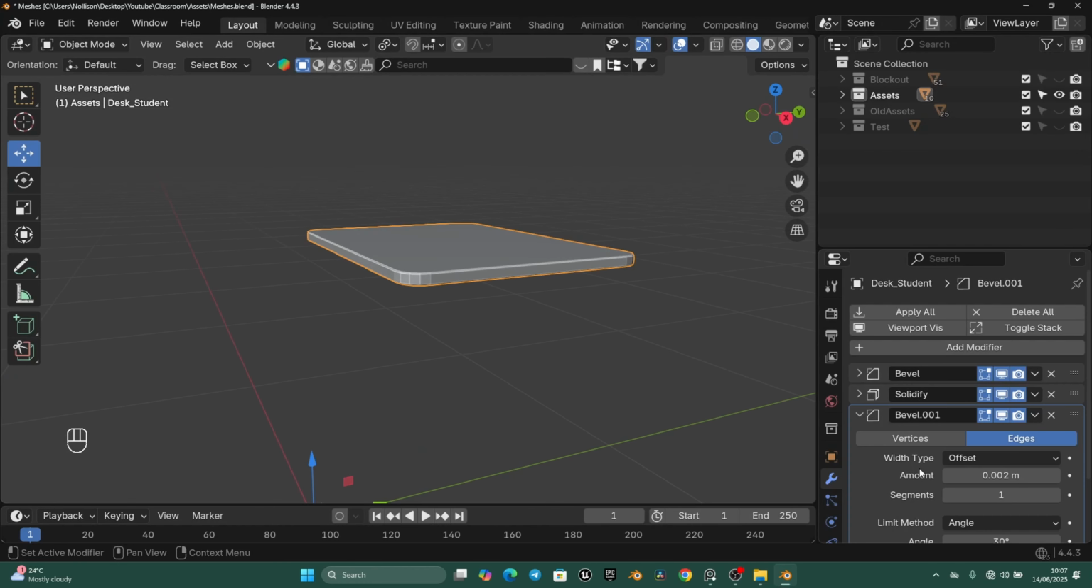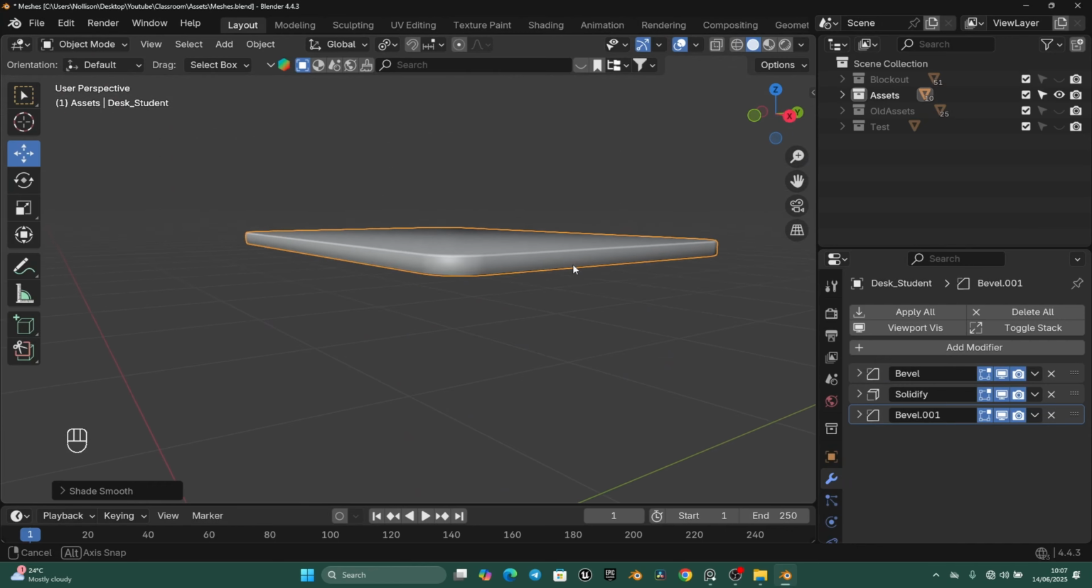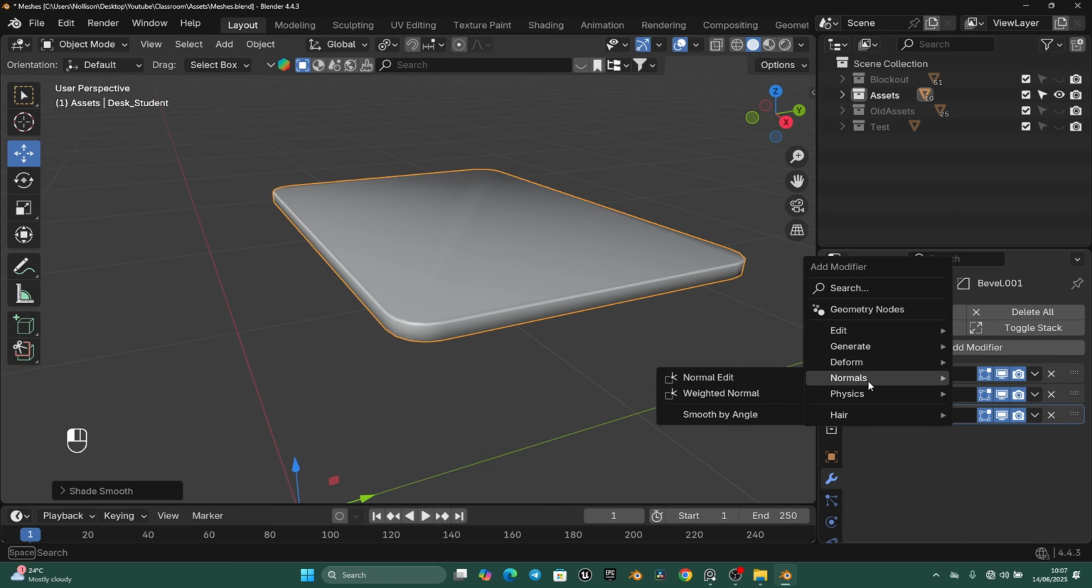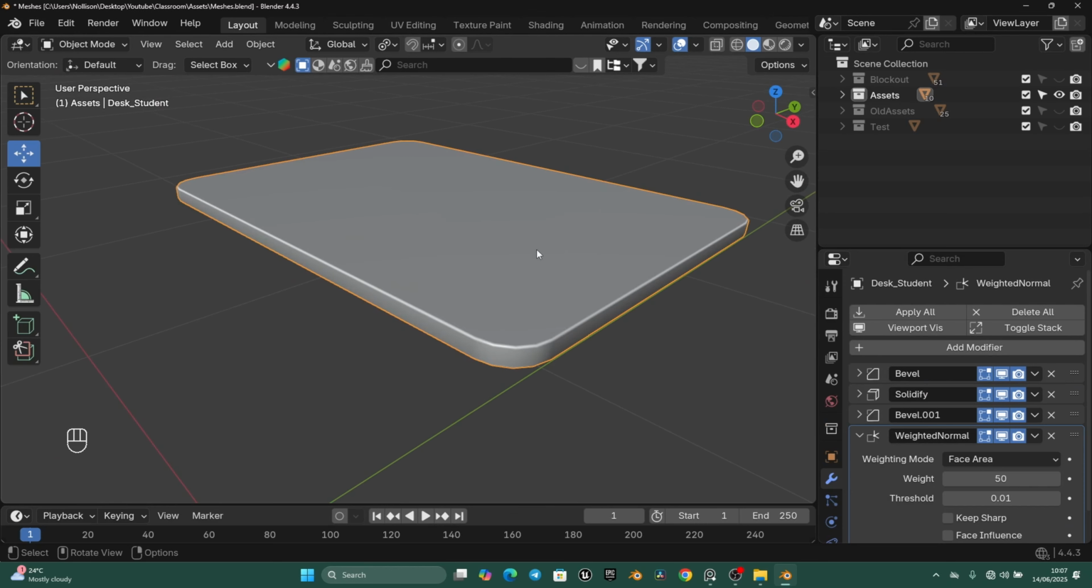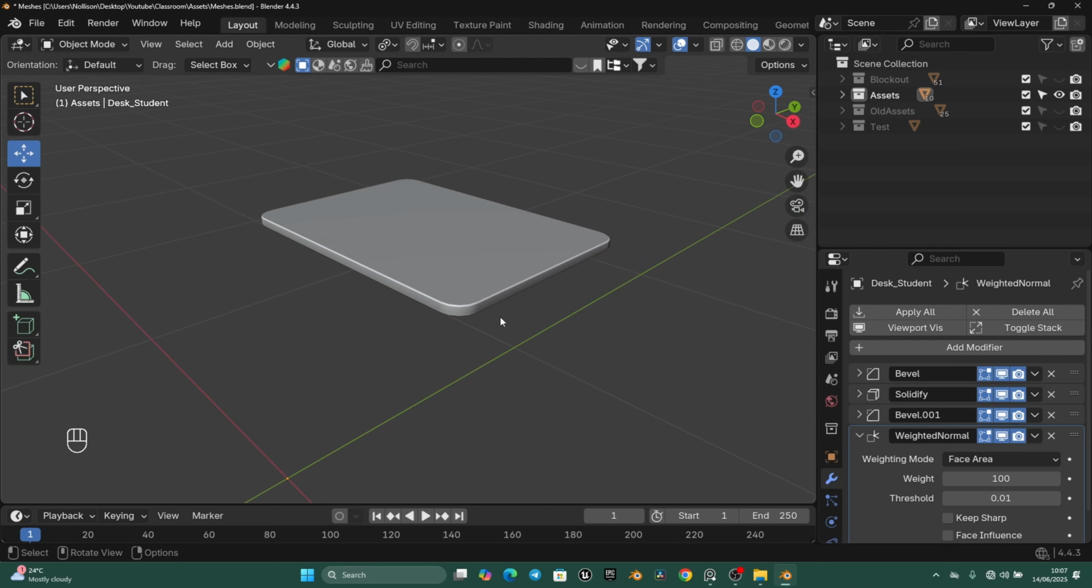Now the last modifier I'm going to add is the weighted normal. If I do that, let me shade smooth. Okay, you see I hit shade smooth and we have some weird shading issues here. So when you just add a weighted normal under normals, weighted normal, you see that it fixes the shading issues that we had. I'm just going to change the weight to 100, and just like that we have our table